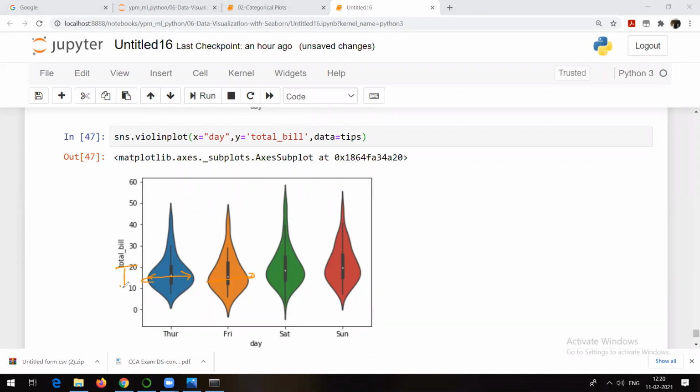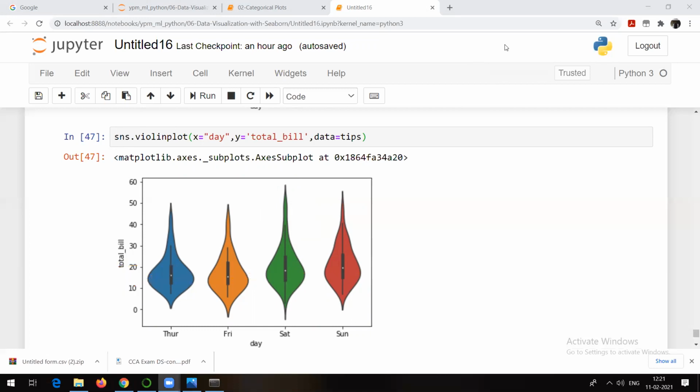So that distance is more in the range of 10 to 20 only. It means most of the people generate the bill between 10 and 20. And obviously, this is showing you that many people prefer visiting the restaurant on Saturday and Sunday. Or most of the bills are generated on Saturday and Sunday. But the one important point about the violin plot is that yes, it helps you to understand the distribution, right? So most of the times people generate the bill between 10 and $20. That's what it is actually showing.